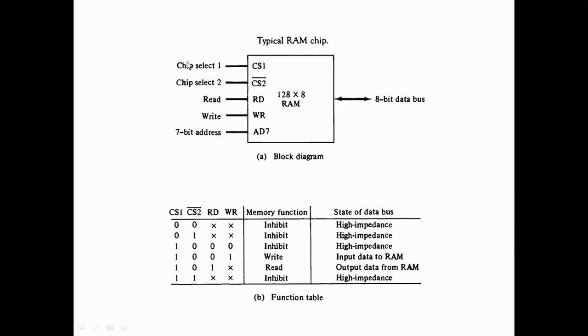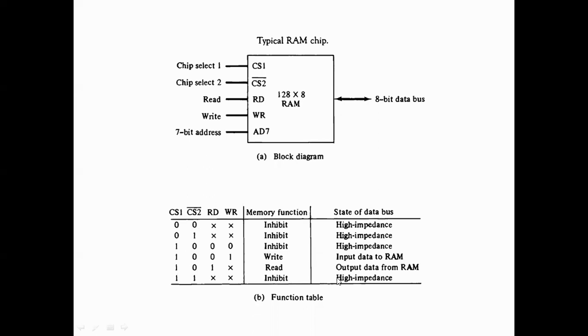When the CPU says 1 here and 0 here, then only this chip will be selected; otherwise this chip will not be accessed. So this should be 1 and this should be 0. That is why we are showing that this should be 1, this should be 0, then only something will happen, 1 0 1 0. At all other combinations, whether it be 0 0, 0 1 or 1 1,